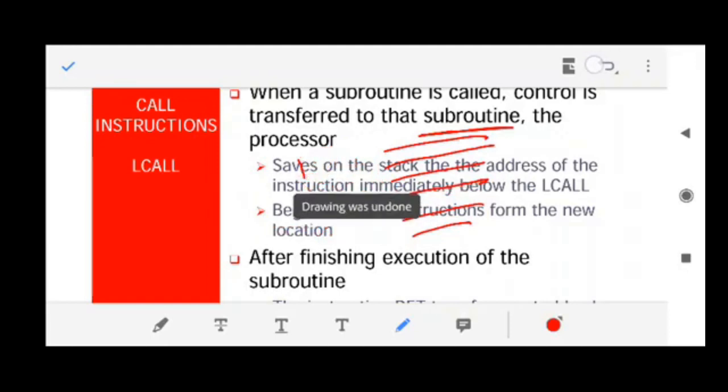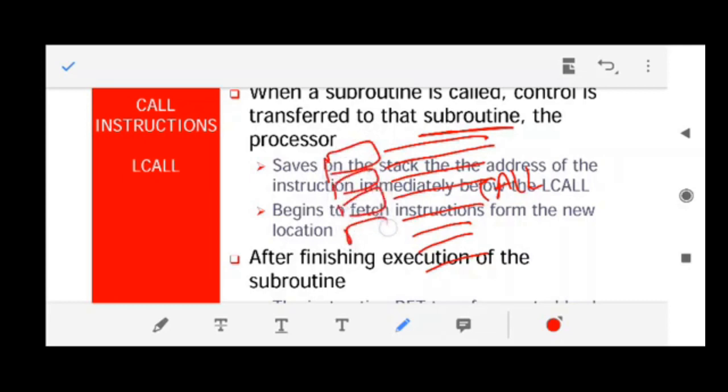So what happens if you are writing your code something like this? And here you have your call instruction. These are the addresses of each instruction. So your program counter will contain the address of the next instruction, which is next to the particular instruction that is currently executed. So this is inside the program counter. Let us say this is 0B. So 0B is inside the program counter.